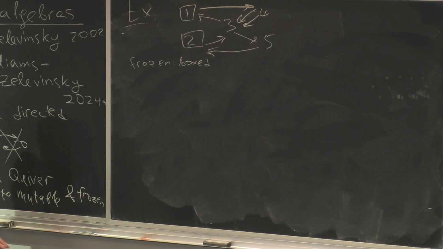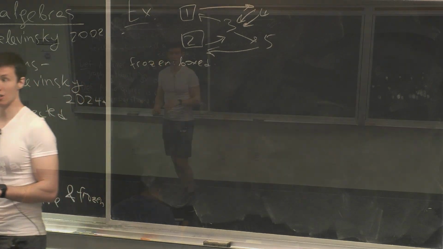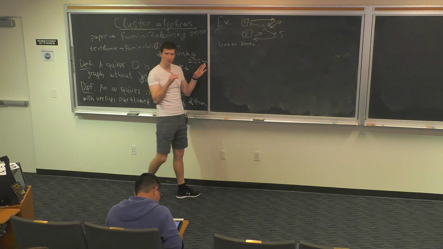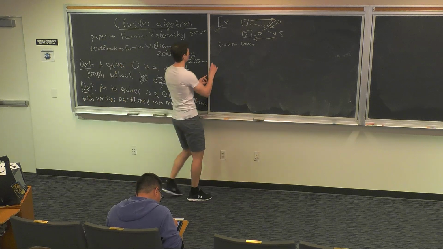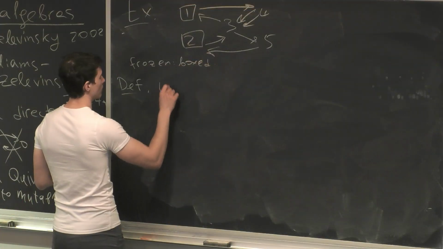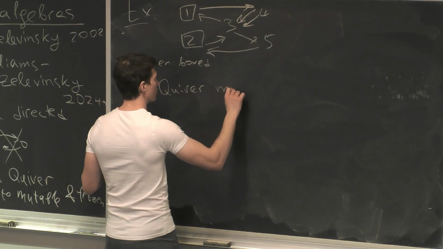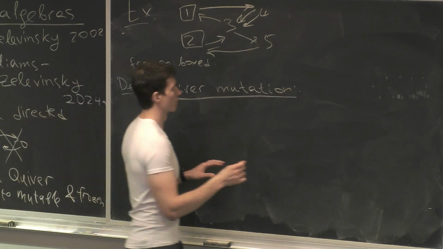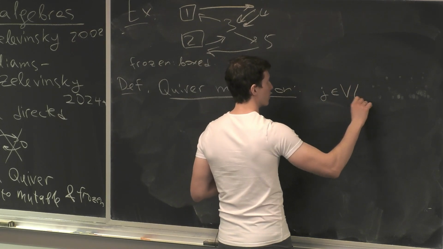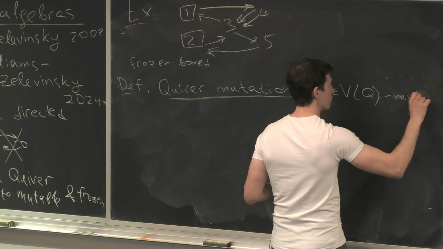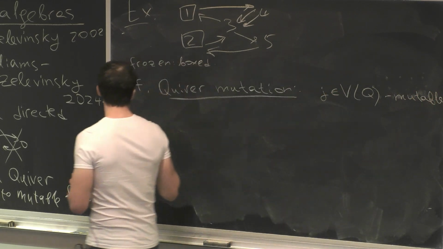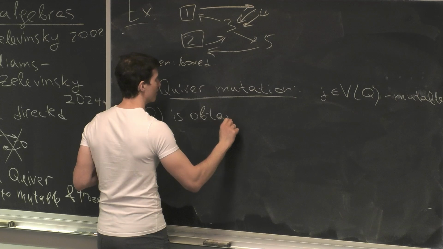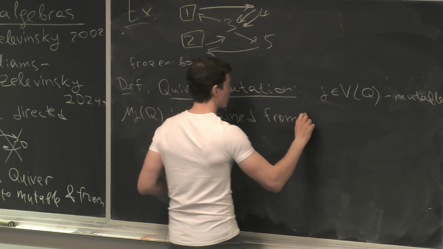For any ice quiver, you get a cluster algebra. The main combinatorial operation that you can do on quivers is quiver mutation. Given a mutable vertex j of Q, you can define another quiver, mu sub j of Q, obtained from Q